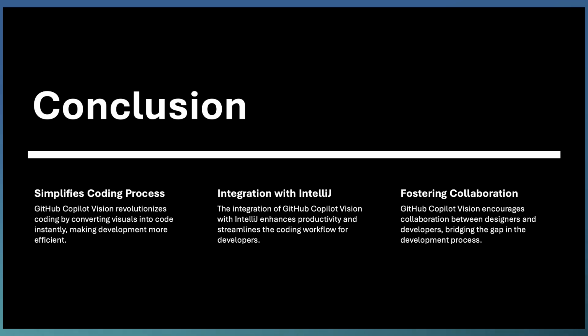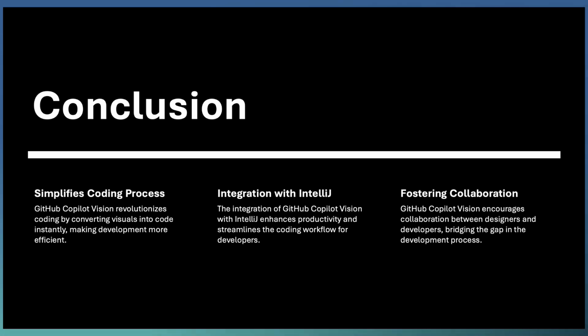Developers can get an insight out of the diagrams, convert the diagrams into the corresponding code, modify the existing code based on a modified diagram, and also pass in your hand-drawn diagrams out of your sprint meeting or any of the meetings. Copilot is able to help you there as well.